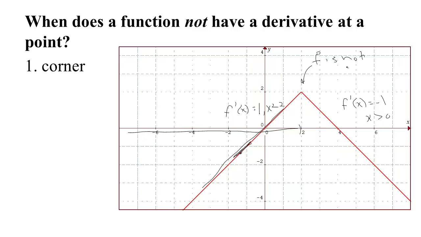So f is not differentiable at 2, because the derivative doesn't exist here. One reason the derivative doesn't exist is that, in order to find the derivative, we find the slope